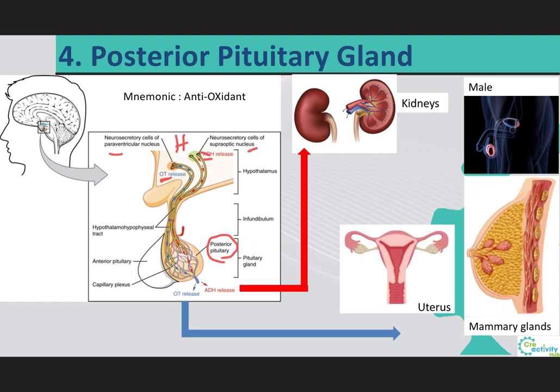There is a simple mnemonic that you can use to remember those hormones that are released by the posterior pituitary, which is antioxidant, anti for antidiuretic hormone, and oxy for the oxytocin. Let's start with the antidiuretic hormone, which can also be called vasopressin. If you can remember that a diuretic is a medication that you can take to eliminate water from your body. Therefore, an antidiuretic hormone is a hormone that will prevent water from leaving your body